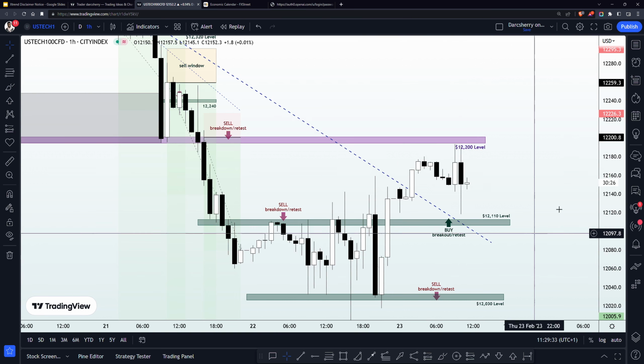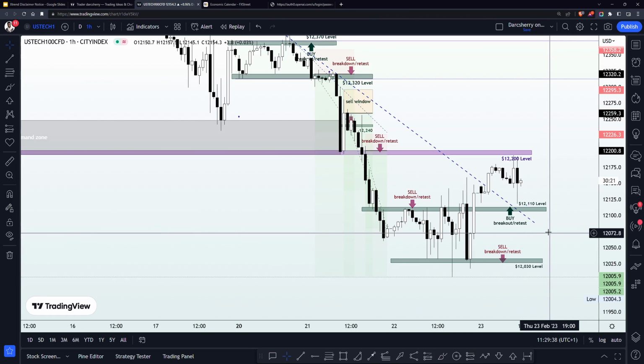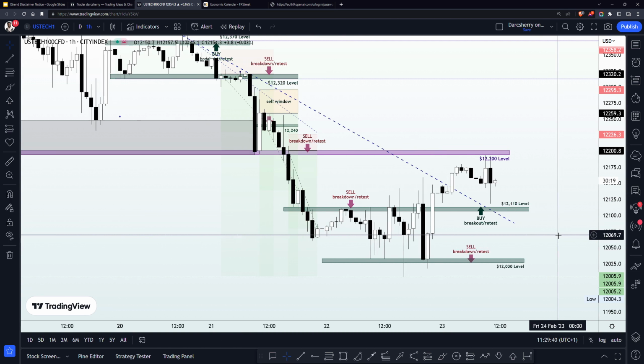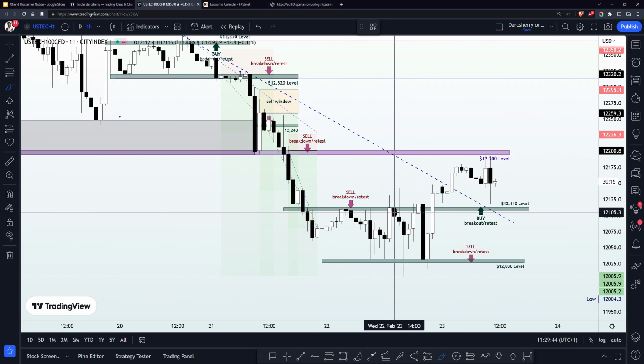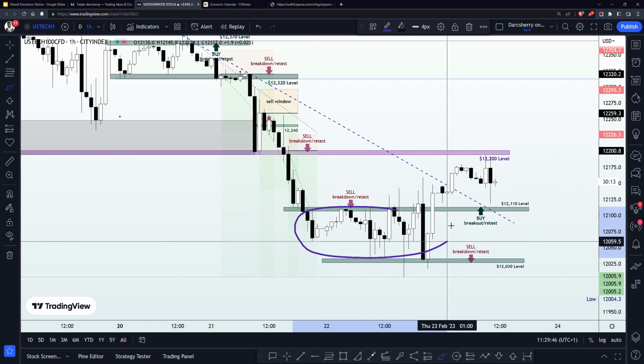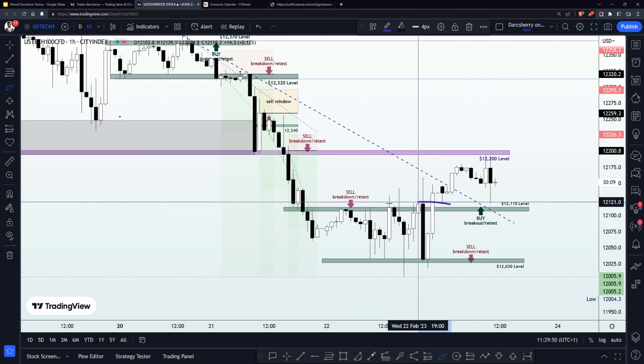Now, with the situation we have here, in anticipation of the New York session today, we really need to understand what is going on in this market. Now, with the simple channel we have here, you can see how the structure appeared to have transitioned into a reversal pattern, with the neckline sitting around the $12,110 level.